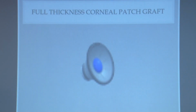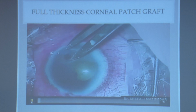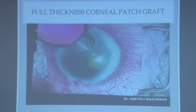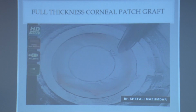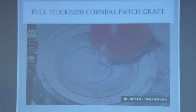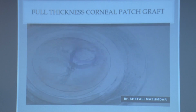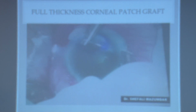If the perforation is associated with an area of tissue necrosis, then you will have to remove the whole area and replace it with cornea itself. Like in this case, I'm removing it all, and I'm using the same derma punch for the donor as well as for the recipient. I don't take any disparity. And in most cases, I put 8 sutures up to 5 millimeter of full thickness corneal patch graft,